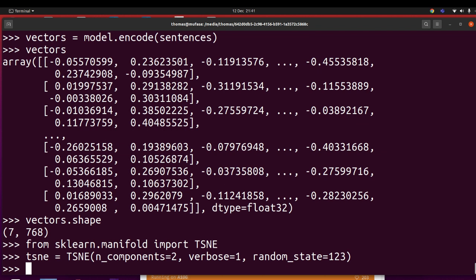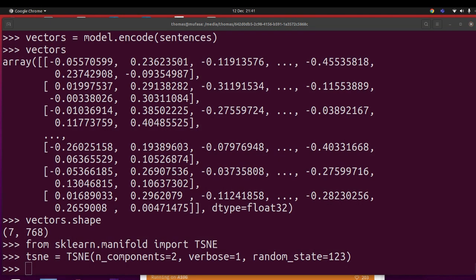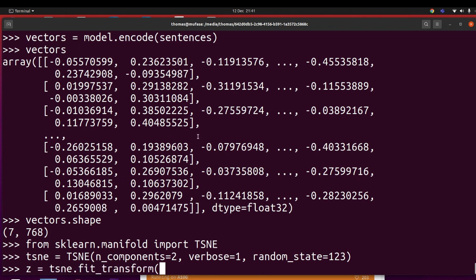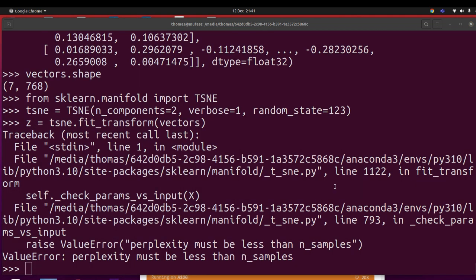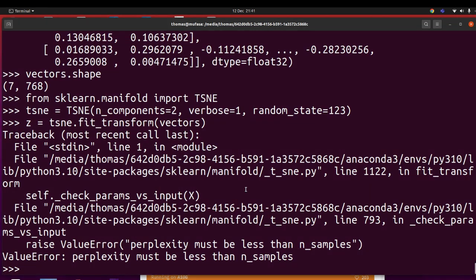If you want to plot these in a graph, then one library that's really useful is something called TSNE. It's really good for converting vectors in high dimensional space into a lower dimensional space, such as 2D. We have a 2D screen here, and we want to plot them on a graph. So I've just tried it, and it doesn't seem to work. It's giving me an error: perplexity must be less than n